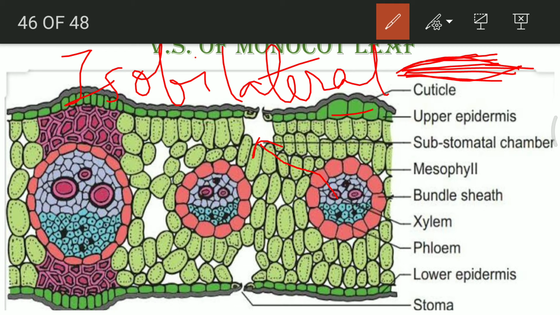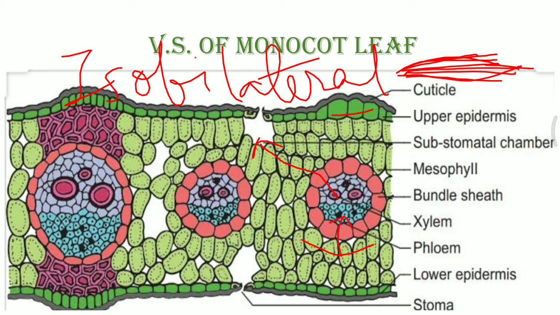And when the food is formed by all these green cells, the food is sent to the phloem. Phloem will transport the food to different structures in the plant, and xylem will transport water to these substomatal spaces, so that diffusion occurs. That diffusion results in turning the water into water vapor, and loss of water takes place to the stomatal space. One stomata is known as stoma, whereas group of stoma are known as stomata.